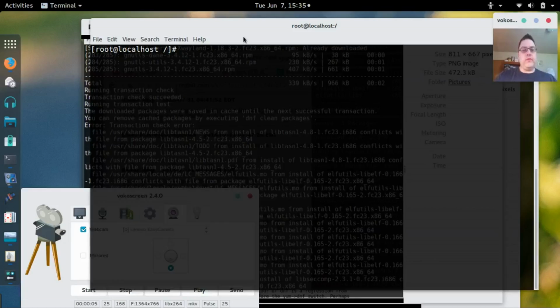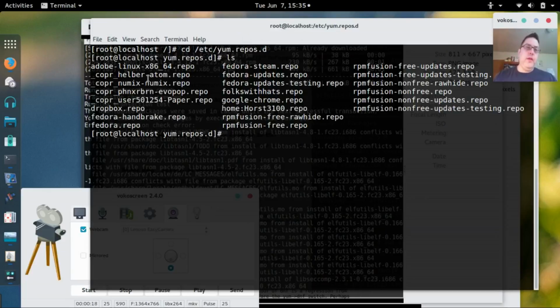All right, and the second way you can do it, if you change directory to /etc/yum.repos.d, in here are all of your repos. In some ways it's easier to just go ahead and rename your repo that you don't want. For example, if I don't want Dropbox any longer to be checked for updates, all I have to do is change the extension .repo to something else. I use MRK for my name, Mark, so if I have to do a find, it's easy for me to locate. So I've changed that one, and now if I do repo list